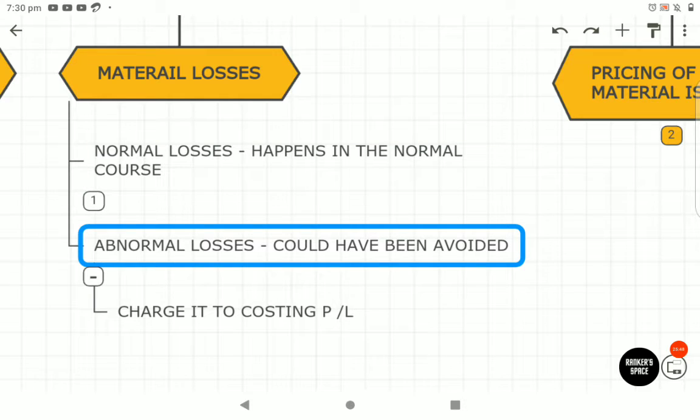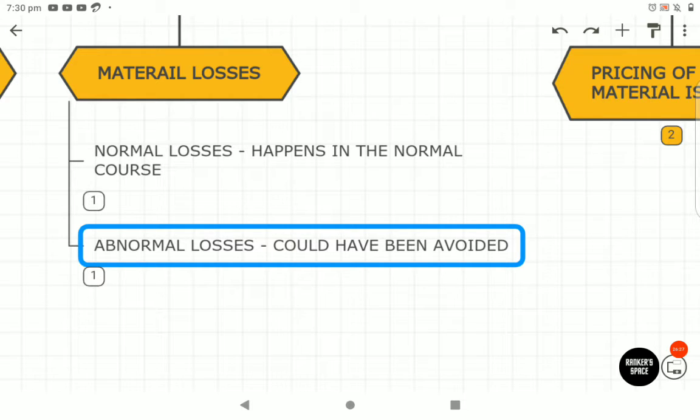But in the case of abnormal loss, you have to charge it to the costing P&L account. Apart from the financial books you maintain, there is a separate account called the costing P&L account. We'll discuss all of these concepts in cost accounting systems. So there is a separate costing book, cost accounts, that is maintained. In that costing P&L account, you have to account the abnormal loss on the debit side, because it is treated as something irrecoverable. You cannot do anything with it. You have to take it to the P&L account and charge it to costing P&L. That is how we are required to give treatment.